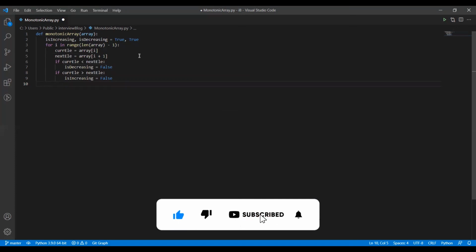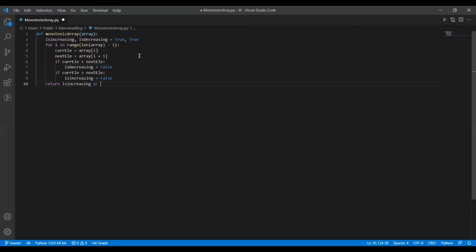After traversing the entire array, we will be returning is increasing or is decreasing. So this will be our solution.